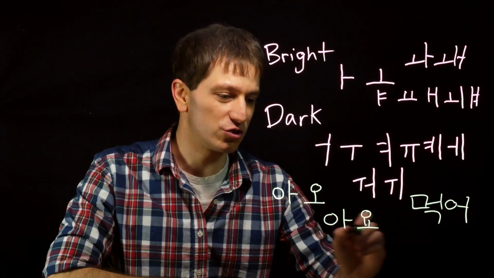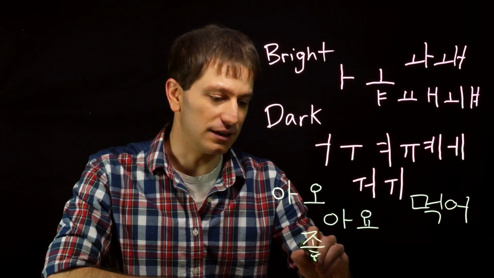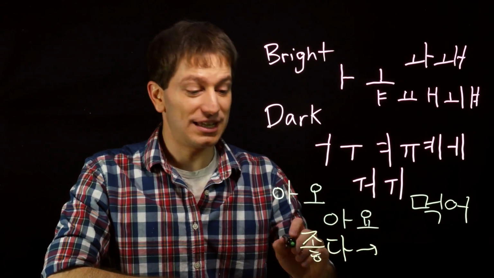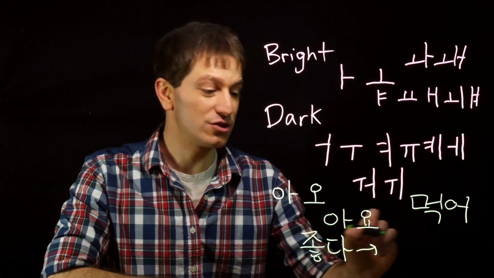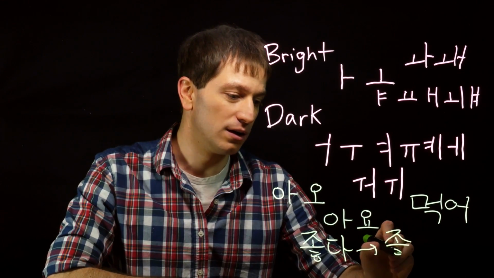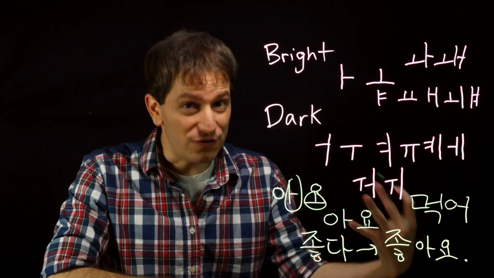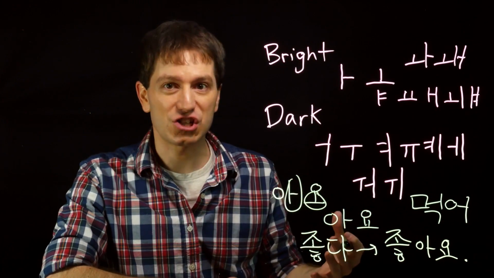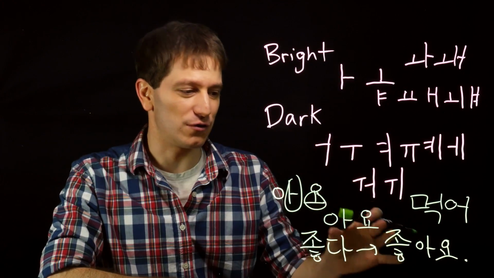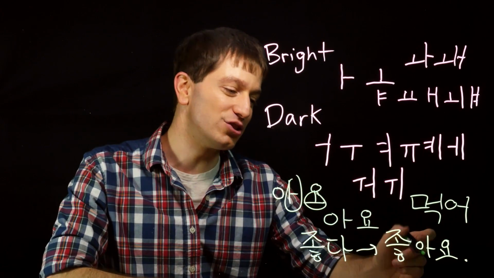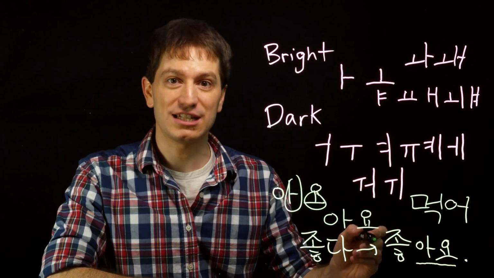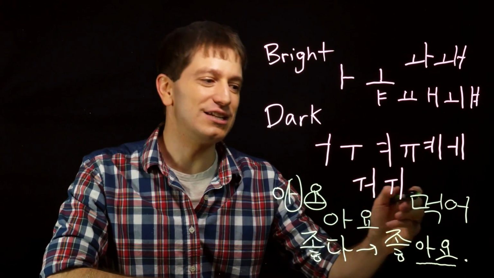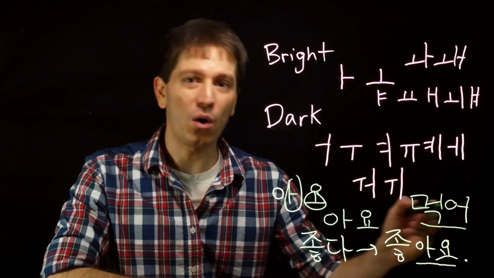Another example would be the descriptive verb 좋다, to be good. Now, how do we conjugate that? Normally you would look and see, it has an o here, so it's going to become 좋아요. This is another feature of bright sounds and dark sounds that influence Korean conjugation, and this is where it originally comes from. Having a bright sound will lead to a bright a-yo conjugation, while having a darker sound will lead to a darker 먹어요 conjugation.